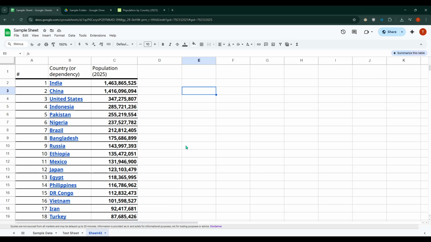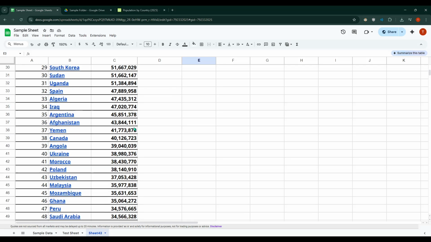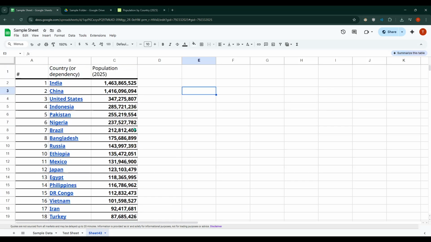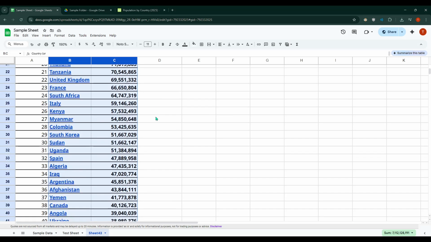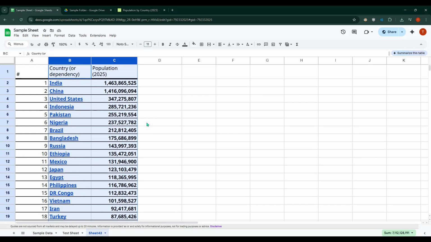Let's say you have a list of 50 countries along with their populations, and you want to convert this data into an interactive map. First, you need to ensure your data is properly organized in your Google Sheet, with one column dedicated to country names and another to their corresponding populations. Once your data is organized, you'll want to highlight or select all of it. To do this, click and drag your cursor over the entire range of your data, ensuring you capture all the